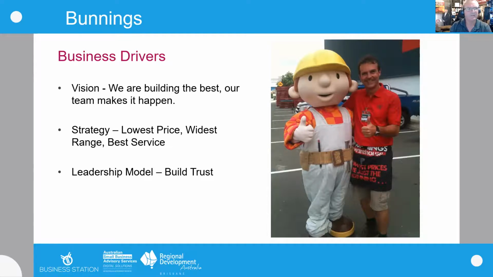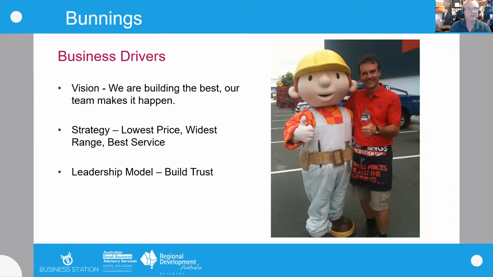First up, they've got a vision. Of course, a lot of people have a vision, but the vision you see there is the Bunnings vision. We're building the best, our team makes it happen. So it's really, really simple, and it equates back to everybody within the organization. Everyone can live that vision because it's about them. They had a strategy, they continue to have a strategy, and it's based around three strategic pillars: lowest price, widest